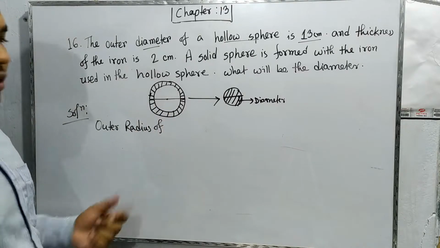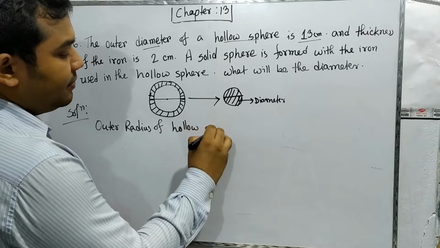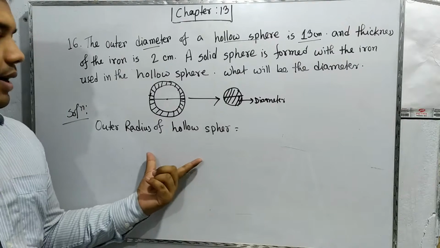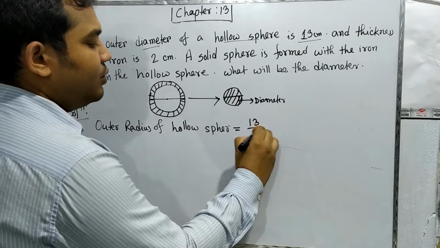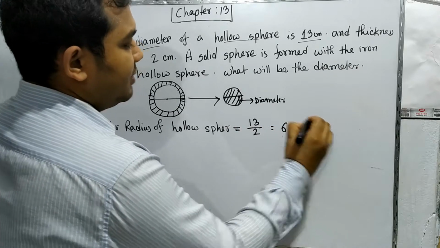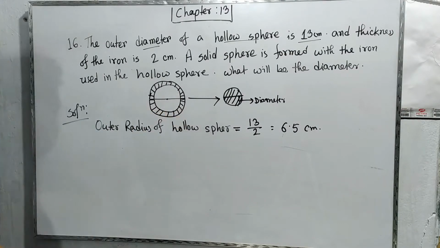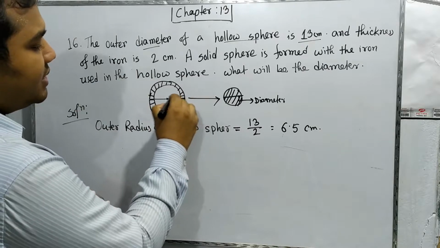The outer radius of the hollow sphere is, we know that diameter is 2 times the radius, so just dividing by 2, it is 6.5 centimeter. This is the outer radius of the hollow sphere,